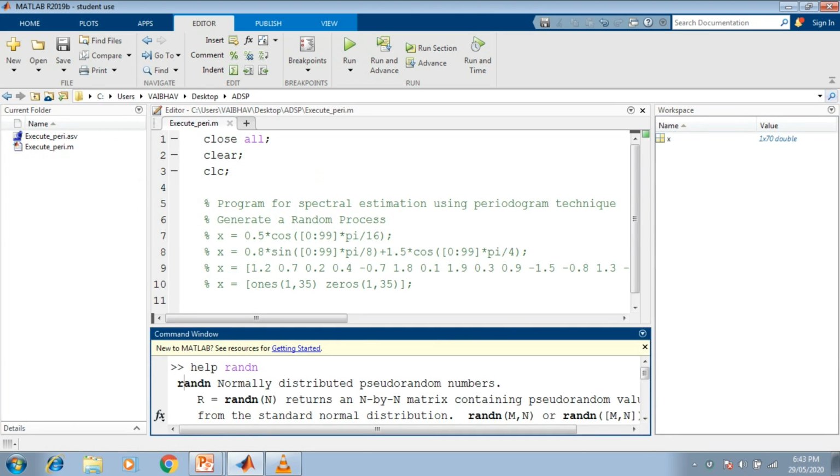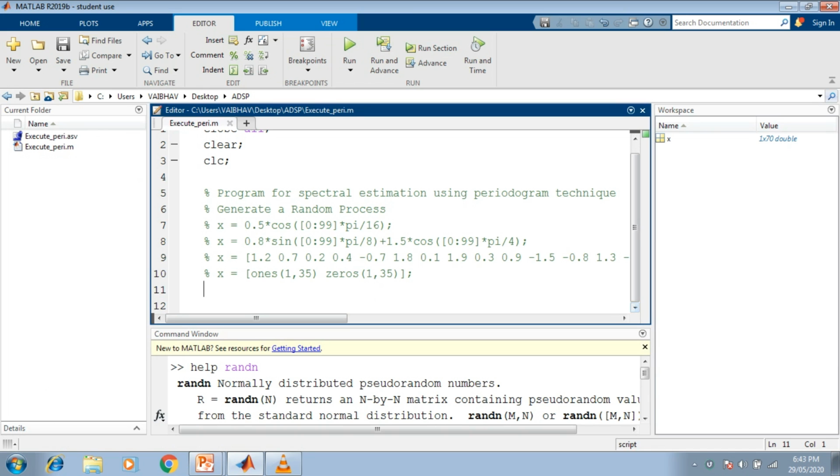We don't have the exact pattern with which this is supposed to assign the values to the given variable here. Now if we make use of it, we can write X is equal to the function randn, and within the parenthesis we can specify the length only. So 1,100, and we put a semicolon to suppress its output here. And now if we make use of stem to visualize, at that time saving the changes and running